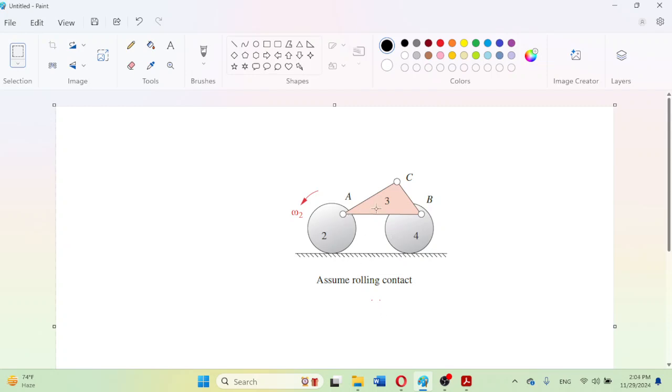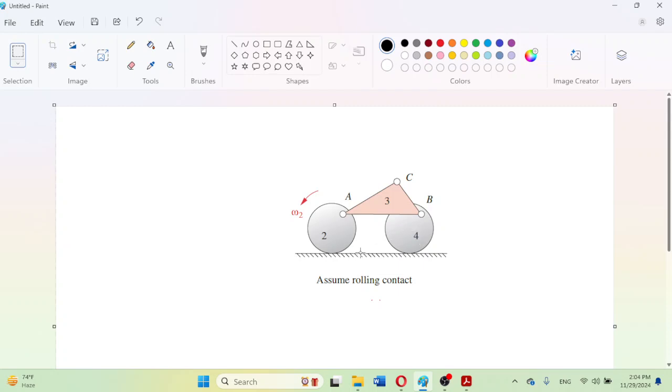As there are 4 links, according to the formula for determining the number of instant centers, the count of instant centers is n into n minus 1 divided by r factorial. Here r is 2 and the number of links is 4. In a similar manner, as we calculate for a simple 4-bar mechanism, there will be a total of 6